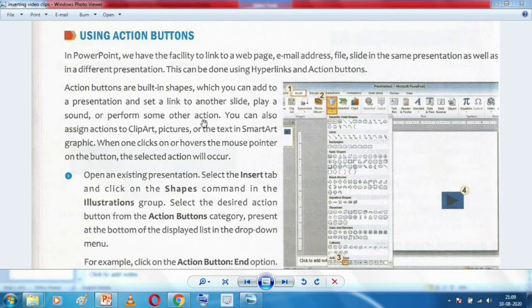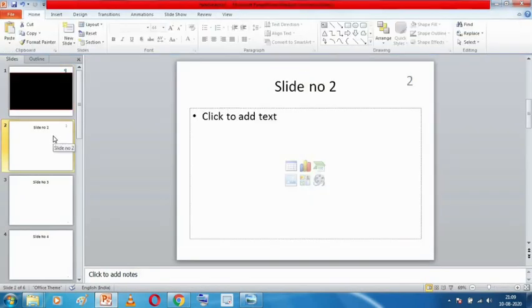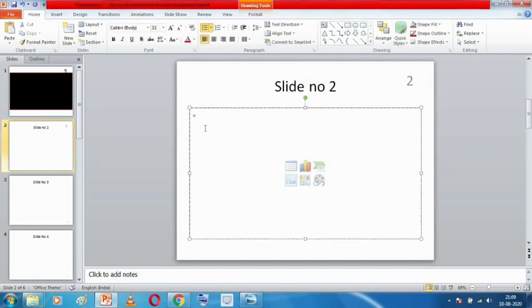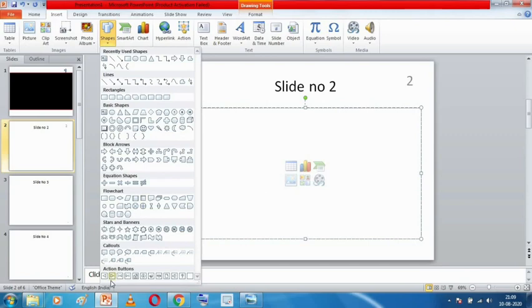Simply put, in simple words, suppose I'm coming to slide number 2 and I want to insert an action button. So I'll show you an action button. See here at the bottom, action buttons are given over here. These are different built-in action buttons. Can you see over here? Built-in means pre-designed, they are already designed.